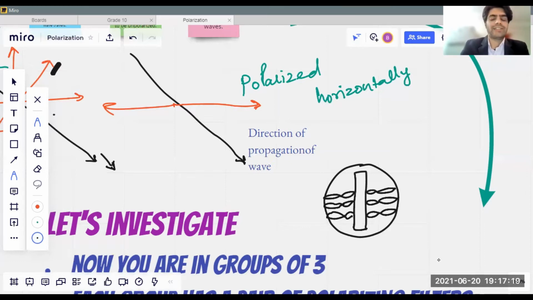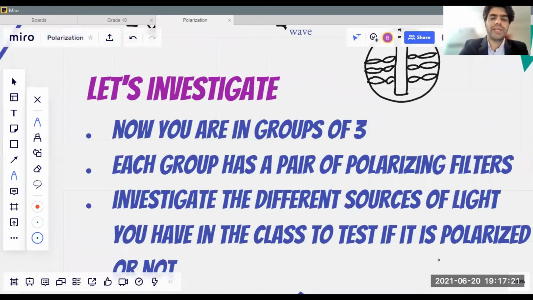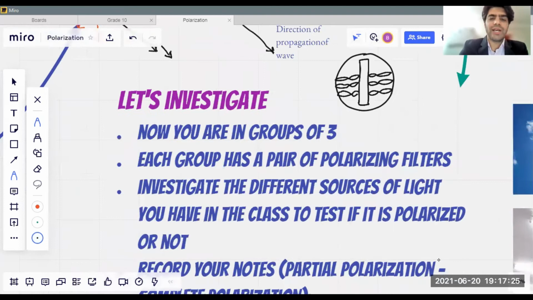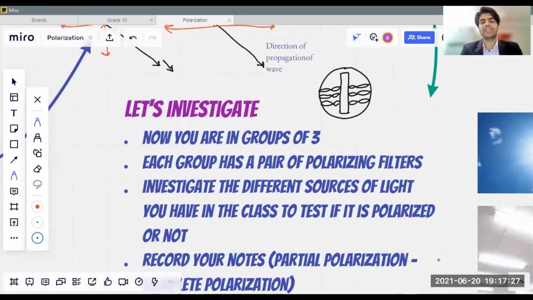Now, let's do a short activity to make this concept much more clear in our minds. So I'll be dividing you guys in groups of 3. Each group has a pair of polarizing filters. So you can observe and look around you with those polarized filters, to investigate different sources of light. For example, light is coming through the screen of your laptops, through the screen of your mobile phones, from a lamp